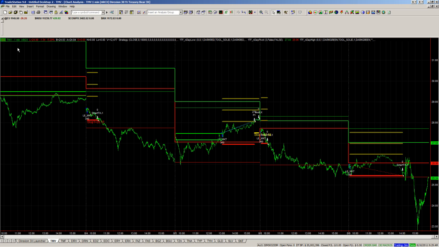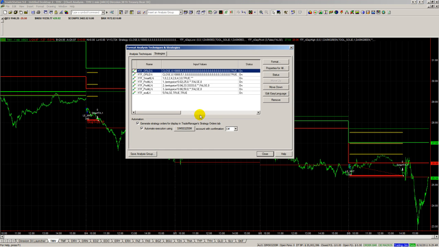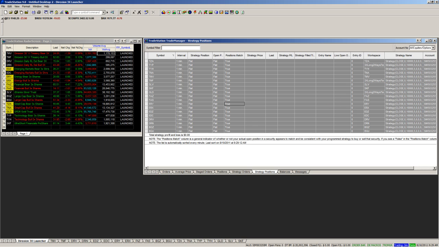You can't have the automation turned on unless you really want to, but in your template, you can take any of these options. You can have it confirm, or you can have it just generate the trades for the trade manager to see what would have happened, and you could get alerts off of that. Ideally, you want a dedicated machine for a black box. Oh, this is. I have another system running